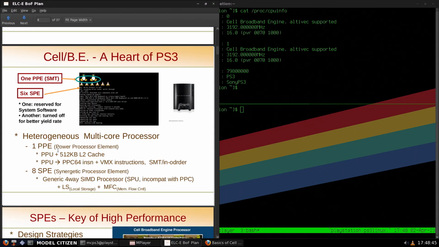Basically, the PlayStation 3 has two different types of processor cores in its CPU. It has one core called a PPE, and it has 8 cores called SPEs, or SPUs. They can also be called PPU, SPUs. That's interchangeable. Now, that's a grand total of nine